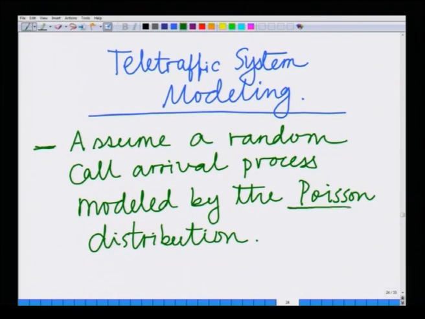Okay. So, this call arrival process is modeled by the Poisson distribution, and one critical aspect of the Poisson distribution